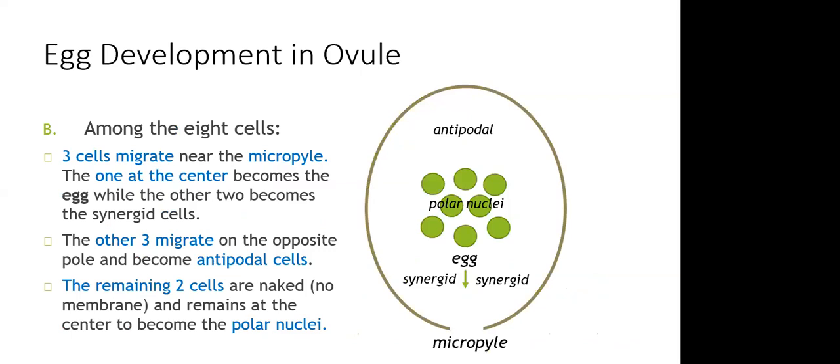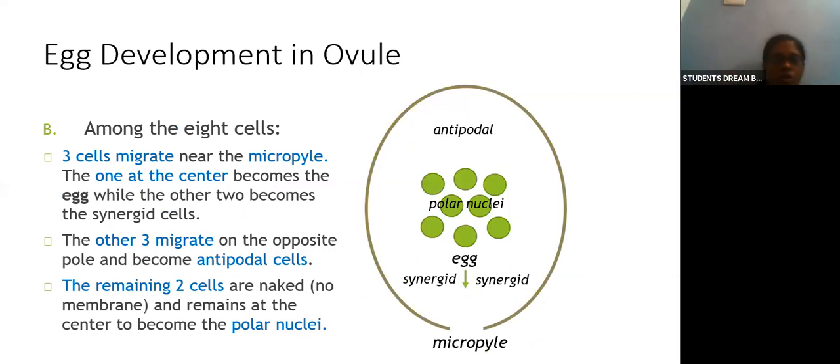Okay, so how will the egg develop in the ovule? Among the 8 cells we saw, 3 cells will migrate near the micropyle. What is the micropyle? The opening at the tip is known as the micropyle. So out of the 8 cells, 3 cells will go near the micropyle. The one at the center will become the egg, while the other 2 will become the synergid